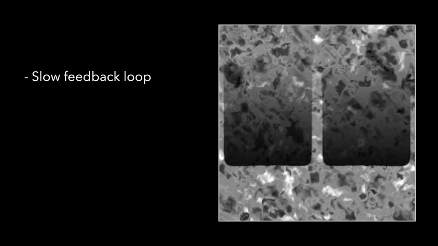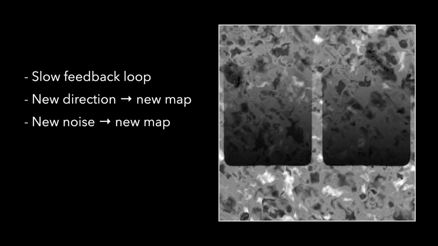For example, you need to readjust many times to get it right, which is a slow iteration. If you want to change the dissolving direction, you need another alpha map. Or, if you want to change the noise texture, you need another alpha map. And the direction can hardly change during runtime.